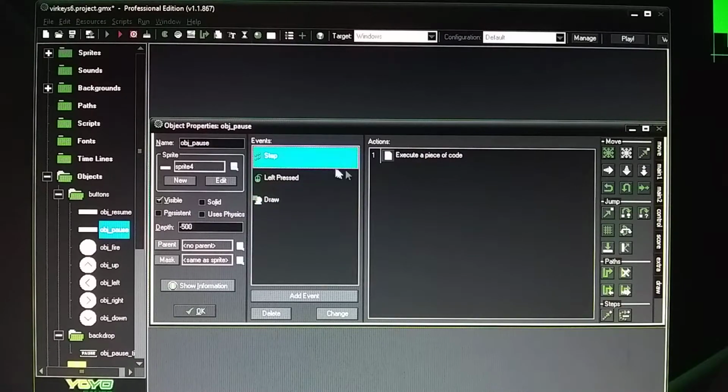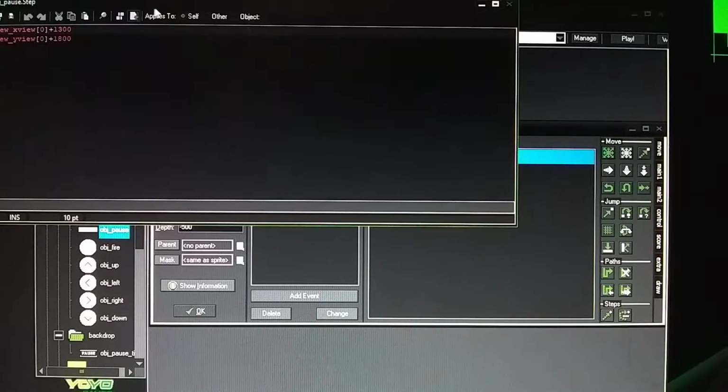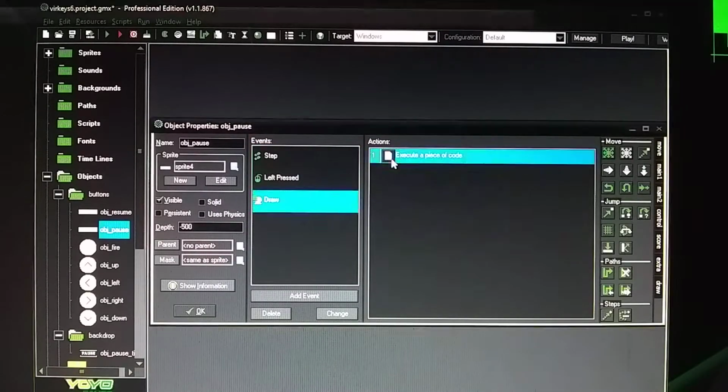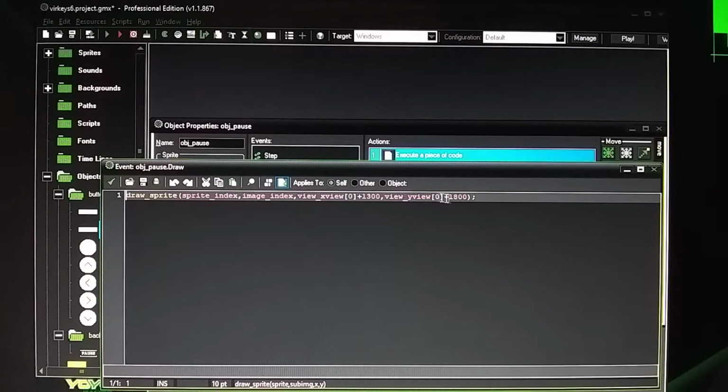You have to have the step event in there as well, and the numbers have to match. So the step event is 1300, 1800. So the draw event has to be the same. It has to be 1300 by 1800. So it's in the same exact place. Then you need a